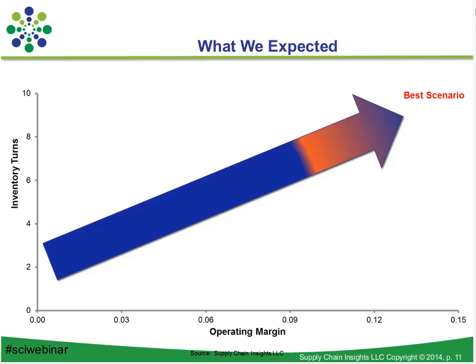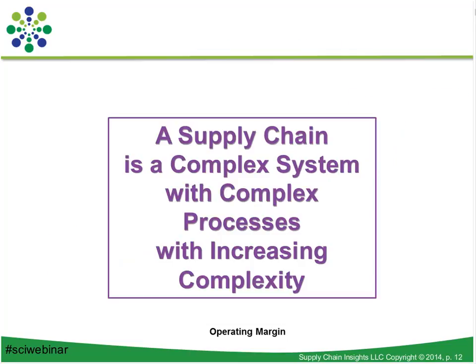But that's not what we found. So when we actually got to looking at it, we found that the supply chain is a very complex system, and that the relationships of these metrics are nonlinear, and they're very tightly coupled, and that it's a complex system with complex processes with increasing complexity, and that most companies do not understand the issues around managing the complex system,